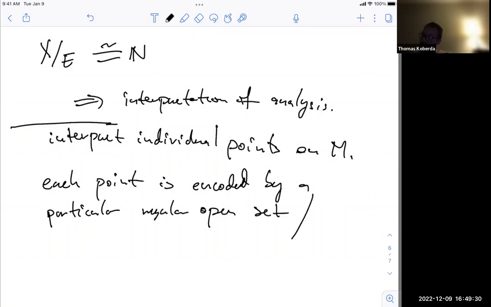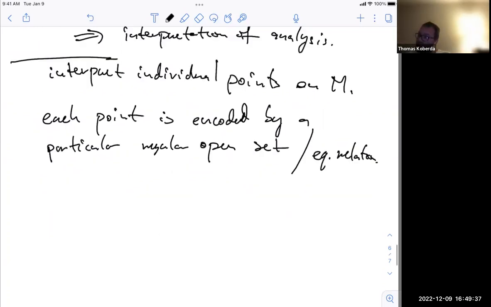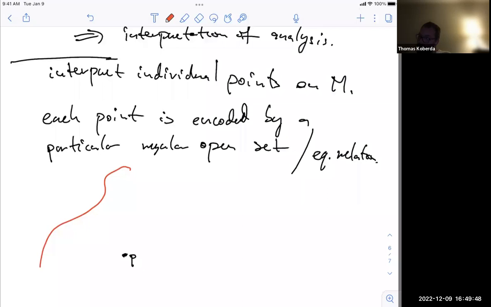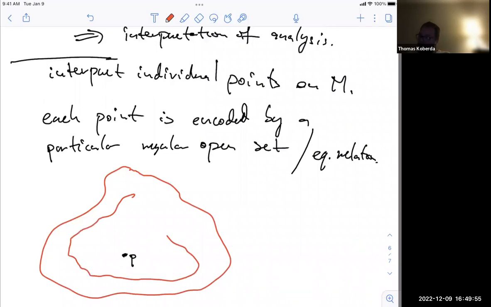Up to some equivalence relation, all of which are definable. And so the way we built these regular open sets, the way to imagine it is that you have a point here, and we had these red rings that I'm drawing, which you should think of as thickened. So they're actually regular open sets, and they're shrinking and encircling P.